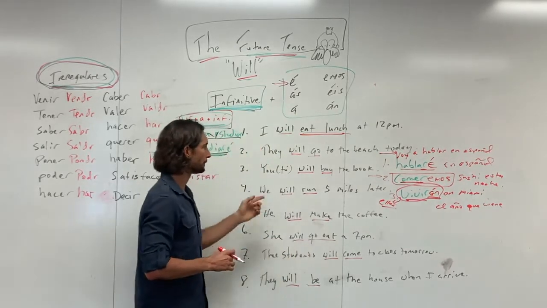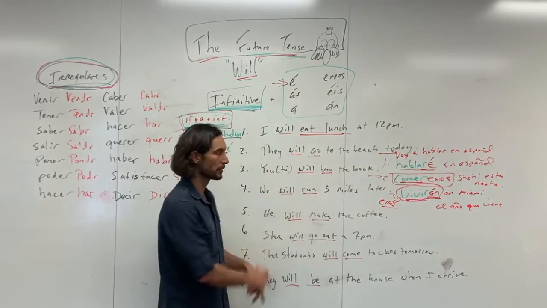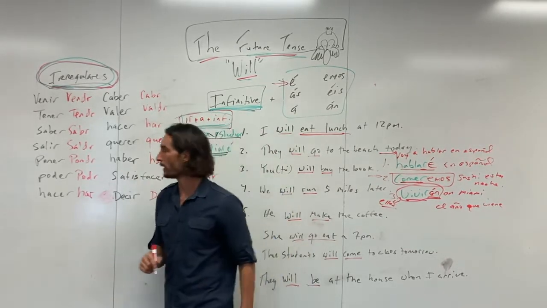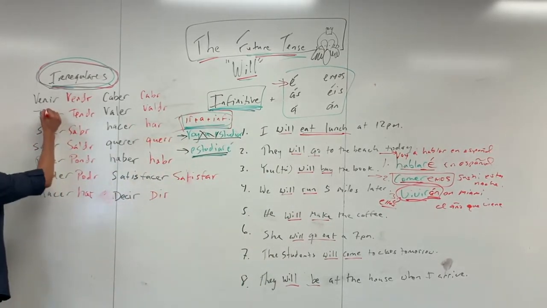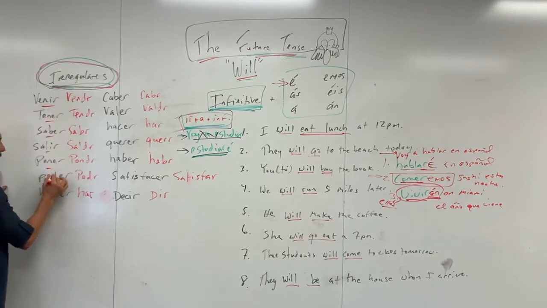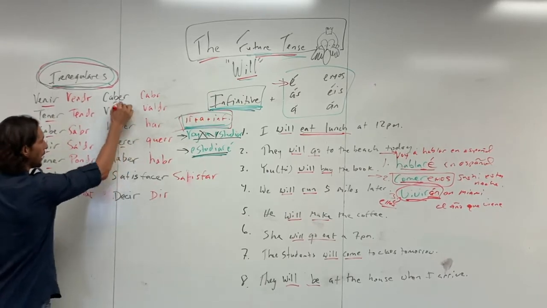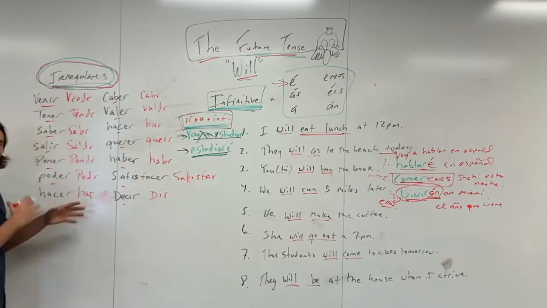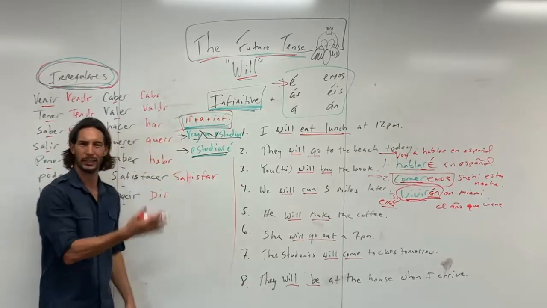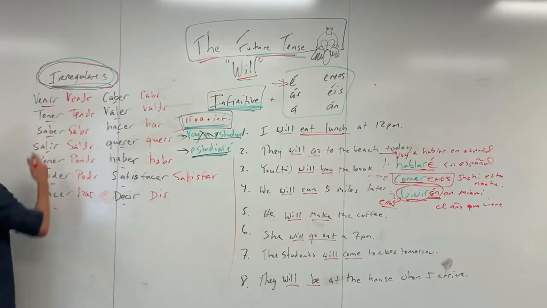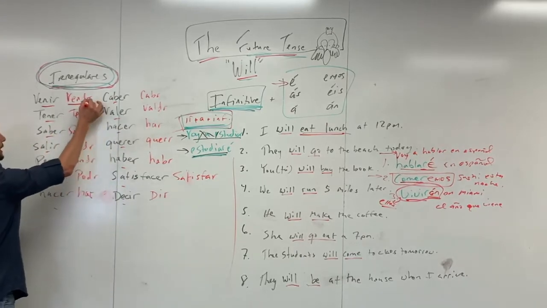Now, before we get into this, I want to come over here, right? And so we have these irregulares. So just check them out. This is just worth looking at, right? I have a couple, I'm integrating some of these irregulars into these sentences, and we'll see in a second. So we have venir, which becomes this, vendr, right?